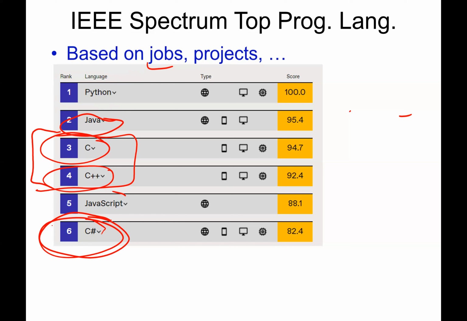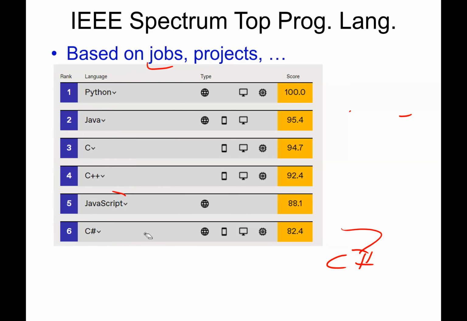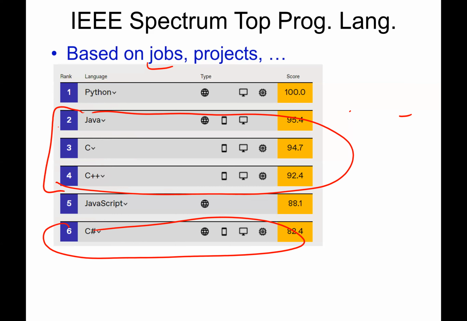Who knows what C# is? Okay, so a bunch of you. So C# is Microsoft's. They did not want to license Java, so they made Java with a new name. Okay, C# doesn't use exactly the same syntax, but it's very close. It was basically created by Microsoft to be a competitor to Java. So even though this looks like a lot of languages, these four are really closely related. You get good at one of them, you'll be pretty good at the others.